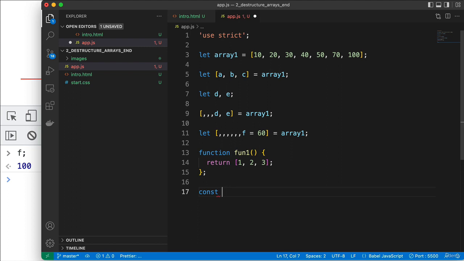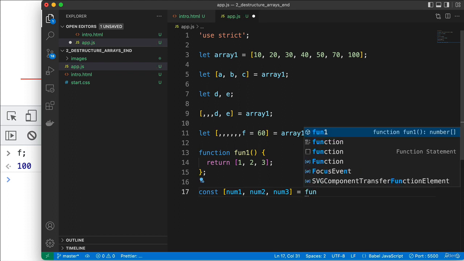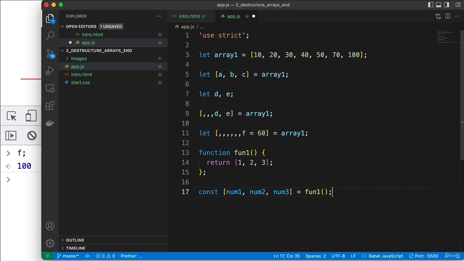I'm going to use const this time to declare these variables. Here's our destructuring assignment. And then here's my variables. I'm just going to do num1, num2, num3, just like that. This will be on the left-hand side of the assignment variable. And then on the right-hand side is where we invoke the function. So we invoke it, and since it's returning an array, those values in that array are going to be unpacked